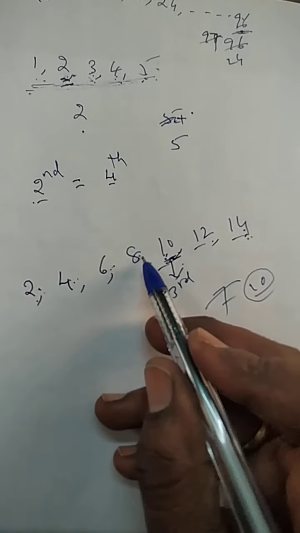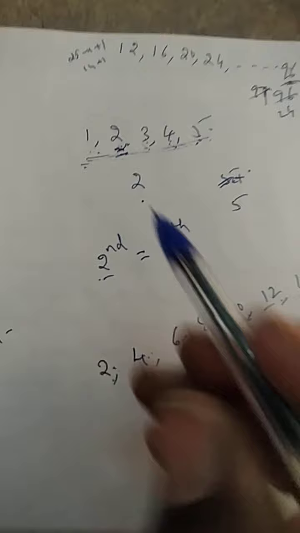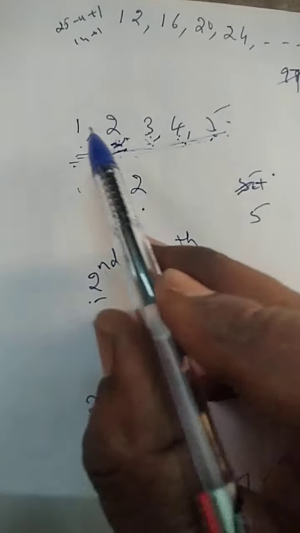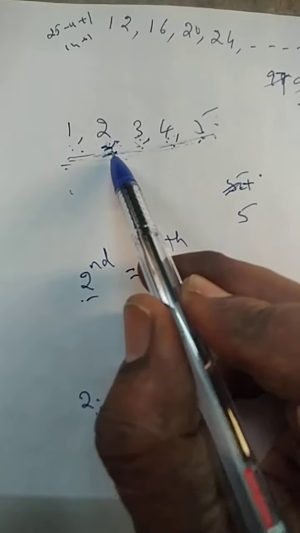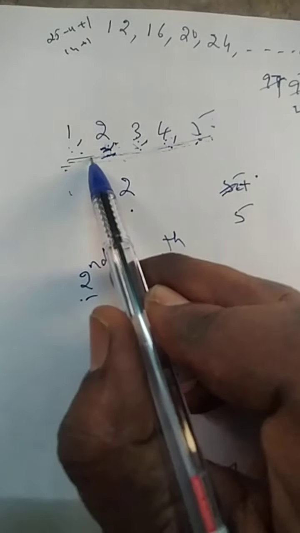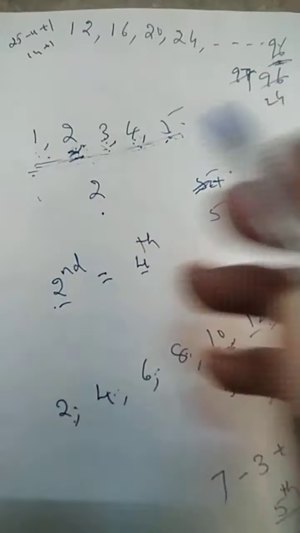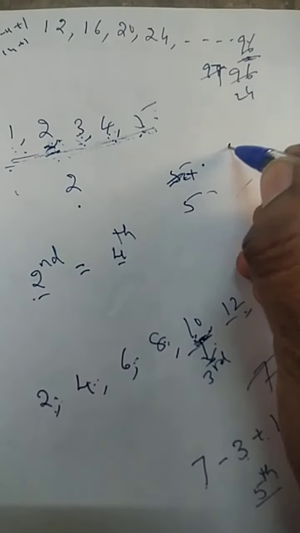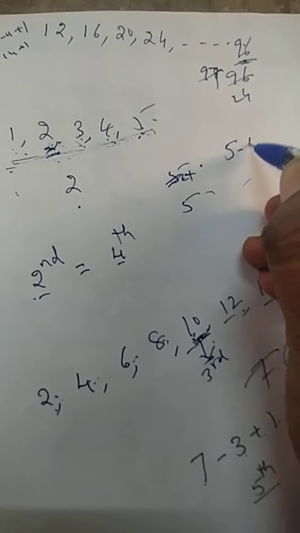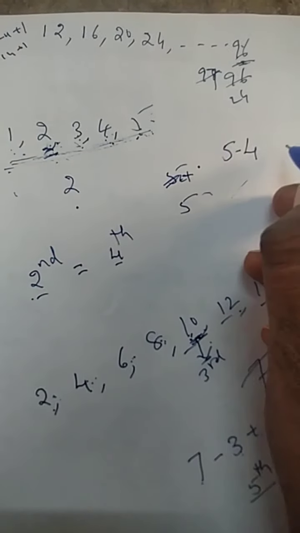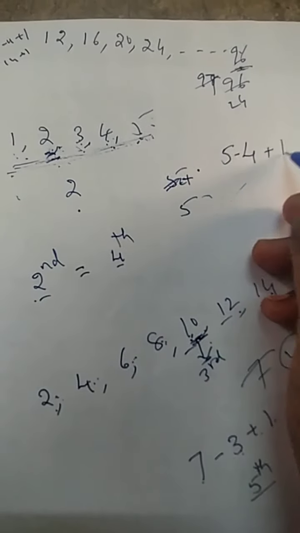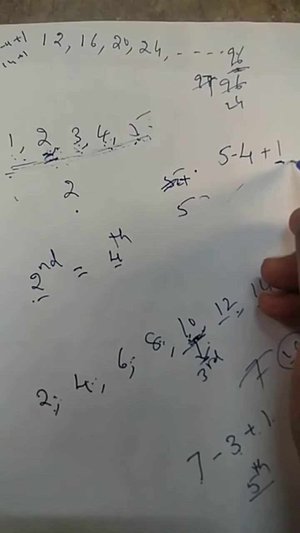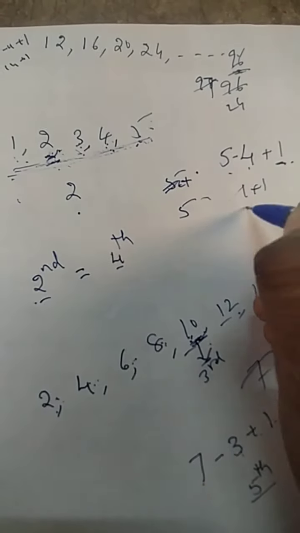1, 2, 3, 4, 5. It is the fifth term from the first. The same situation. Which term is it from the last? From the last it is the fourth term. So we require the fourth term from the last. From the total number of terms we subtract the term we require, 5 minus 4, then 1 is added to that. 5 minus 4 is 1. 1 plus 1 is 2.